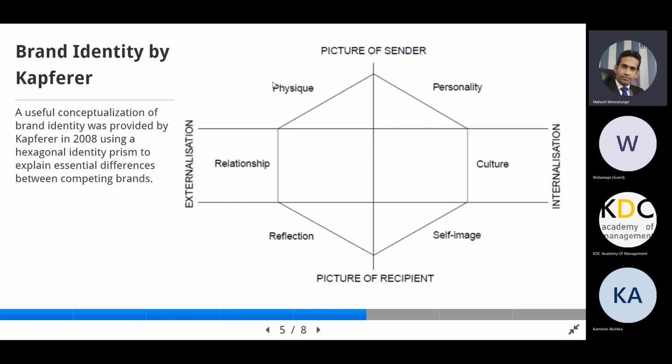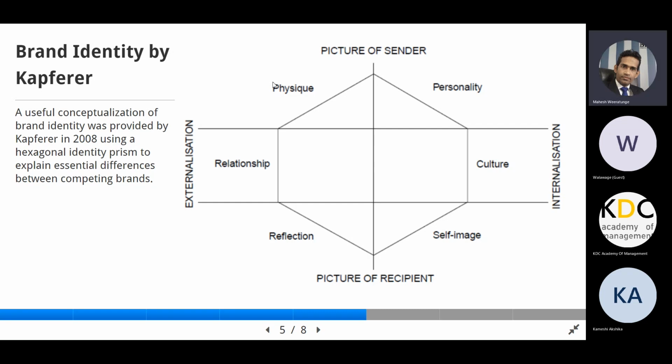in their products. We know Toblerone has that pyramid-shaped chocolate. They don't have slabs or balls. If we take Ferrero Rocher, they talk purely about chocolate balls. A unique physique. Another example is the Harley Davidson bike. Harley Davidson bikes as an example. Take Hummer Jeeps. So a unique physical dimension